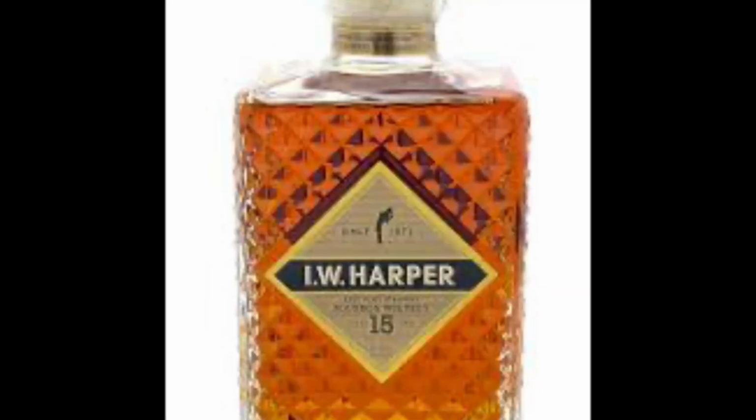Okay, so today we have I.W. Harper, a 15-year-old bourbon, aged 15 years. Man, doesn't that sound great? But it's 86 proof. So what's up with that? We'll get into that a little later, but just to tell you a little bit about the product, because before